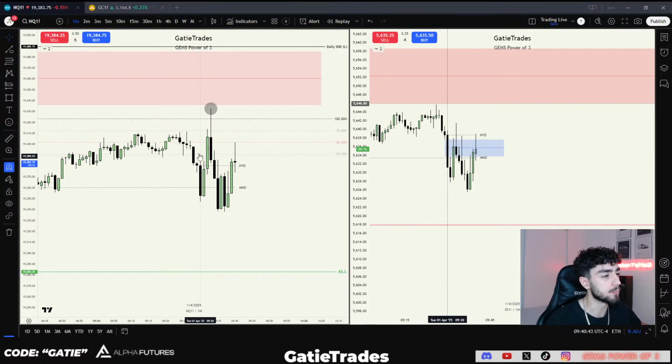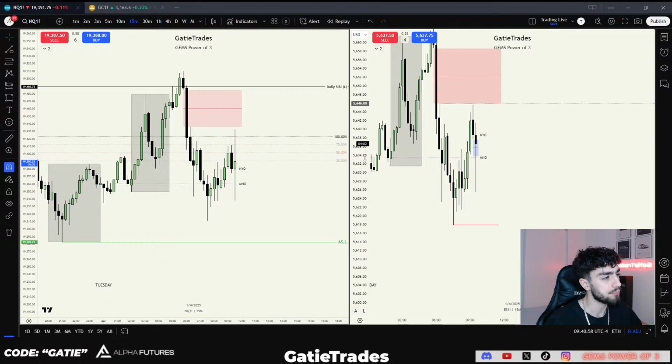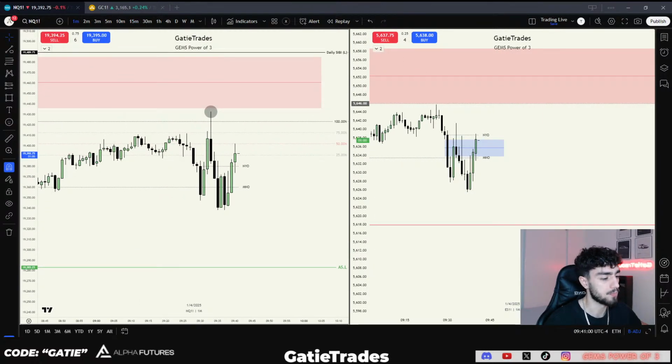It was looking really good. We got the manipulation higher. We got the CISD. We completely filled in the opening range gap. We got the speed and displacement in which it formed. We have a clear draw on liquidity in Asia lows. And we've also been bearish. So